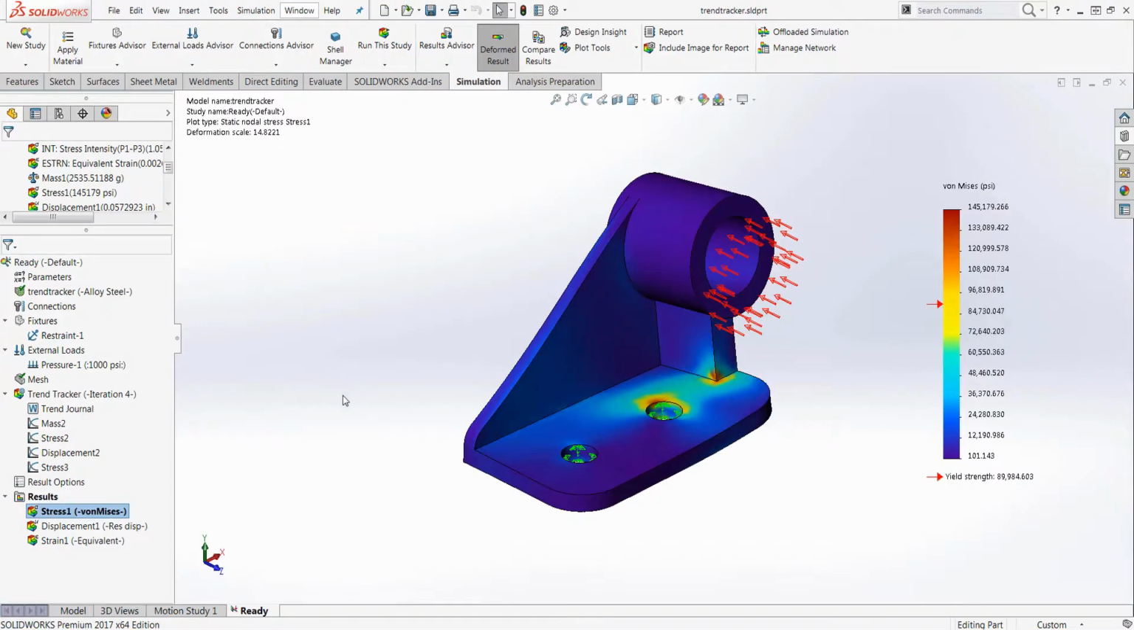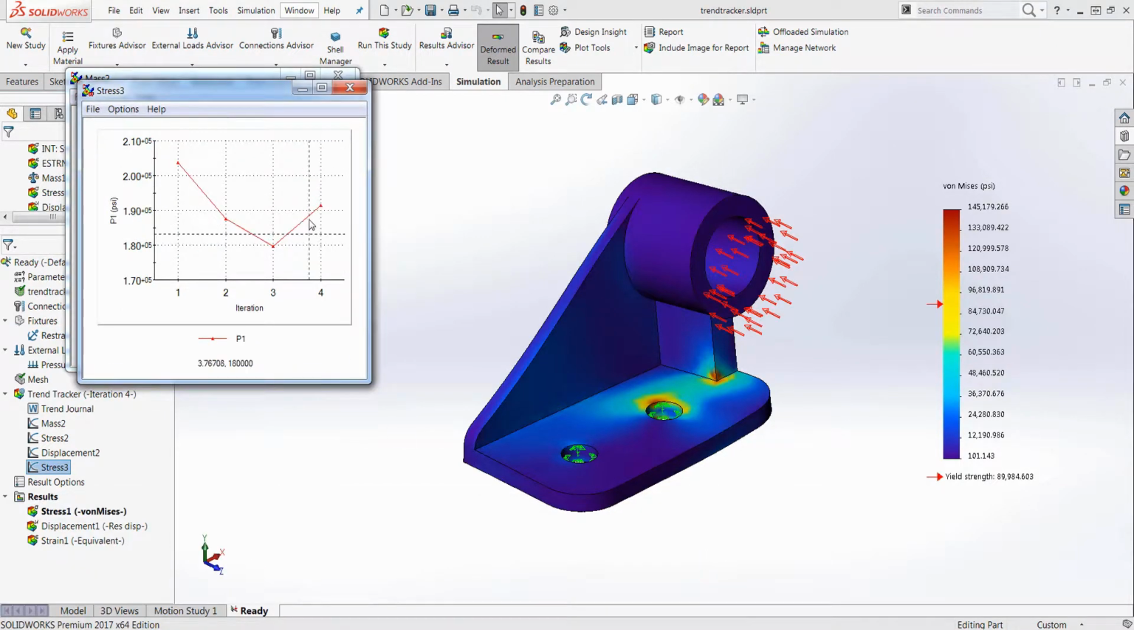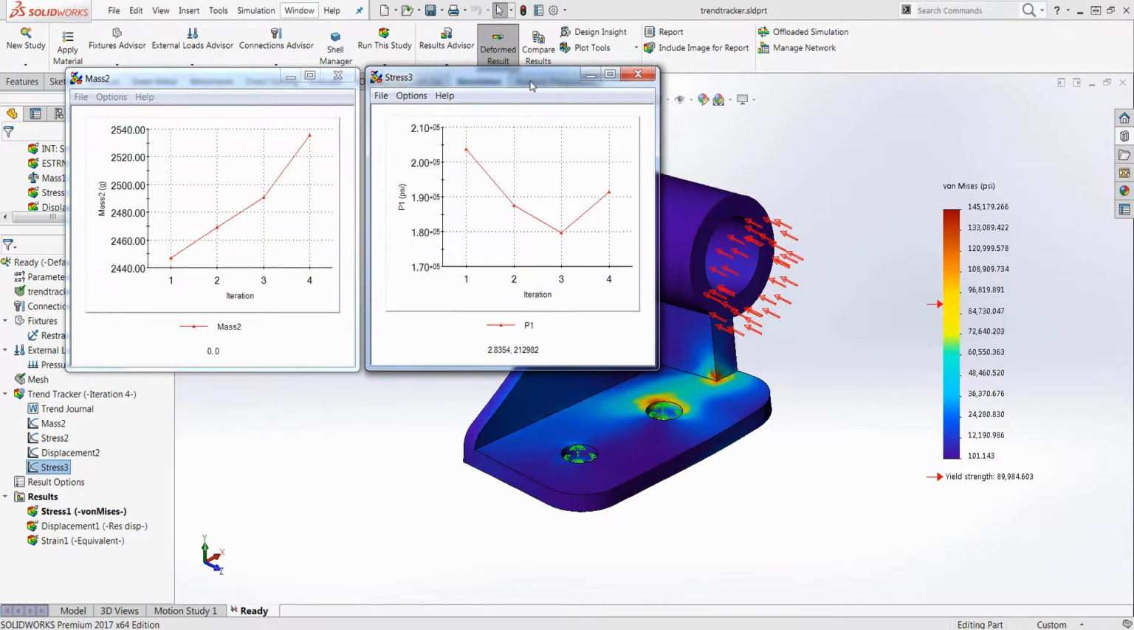Finally, after this process is complete, you will be able to open the mass and stress graphs simultaneously. You will notice that beyond a certain iteration, increasing the rib thickness causes the load path to increase the stress in a different location. In my case, it's iteration 3. So if you'd like to update the model with the dimensional parameters in iteration 3, you can do so by